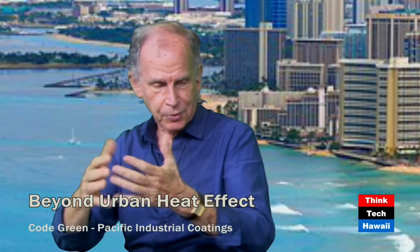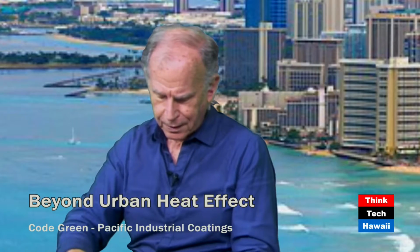Then I go to a white reflective surface right next to it, side by side, and I will get a drop of at least 35, if not 40 degrees. And that's side by side. Certainly. Right there. And then just the urban heat island effect, the further you go from a city, the more vegetation you have, the grass and trees, and those by themselves have a cooling effect with transpiration plus shading. And so you do have this great buildup of heat, as the chart really showed nicely, but instead of